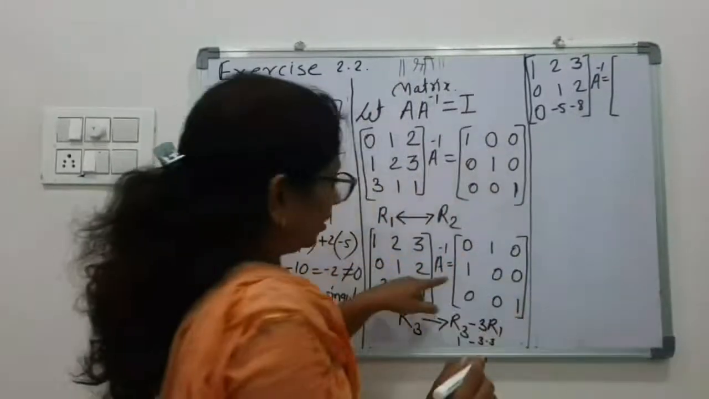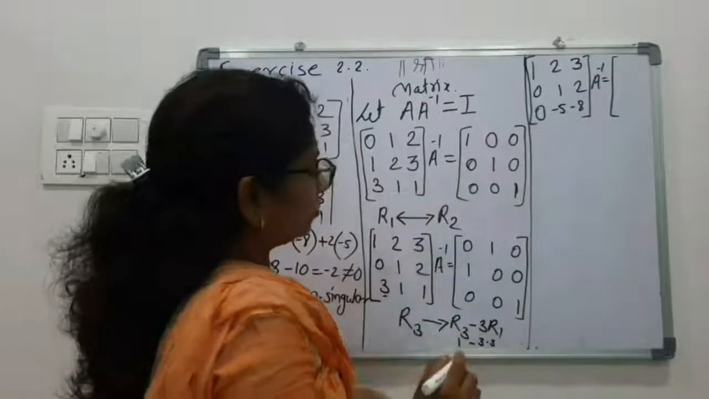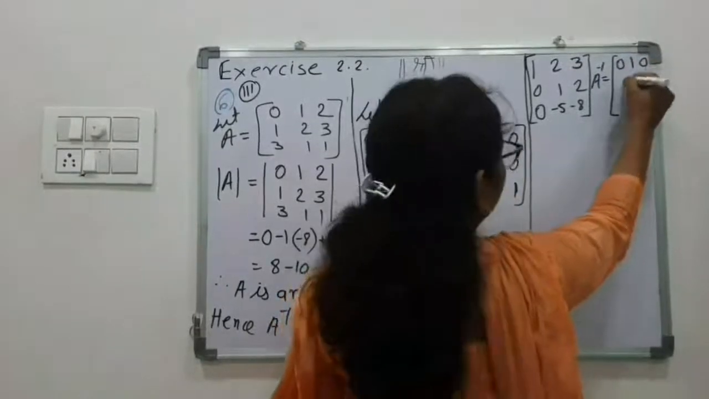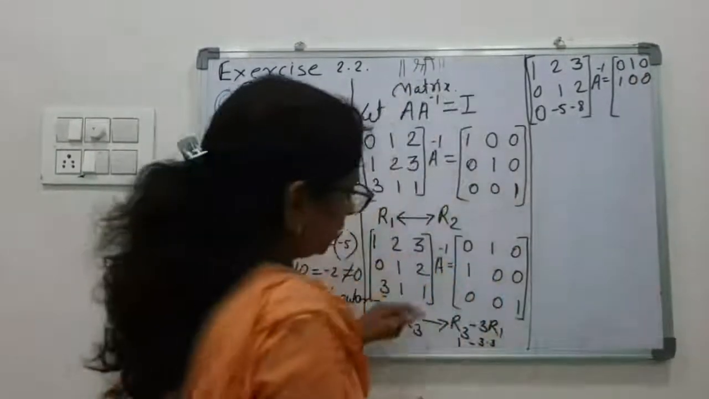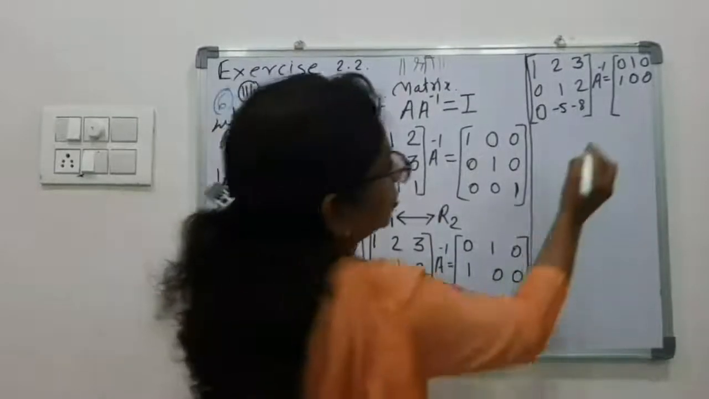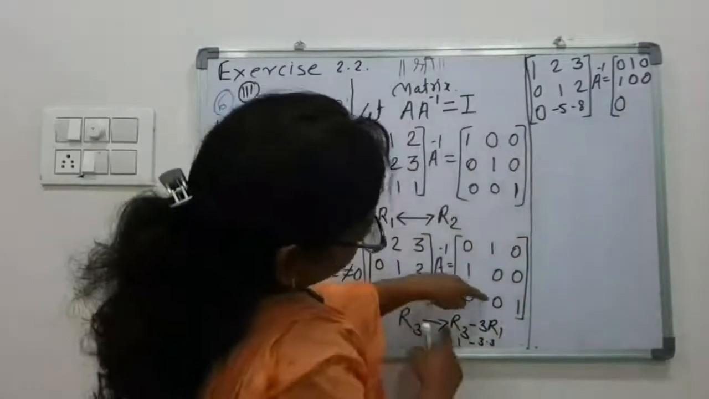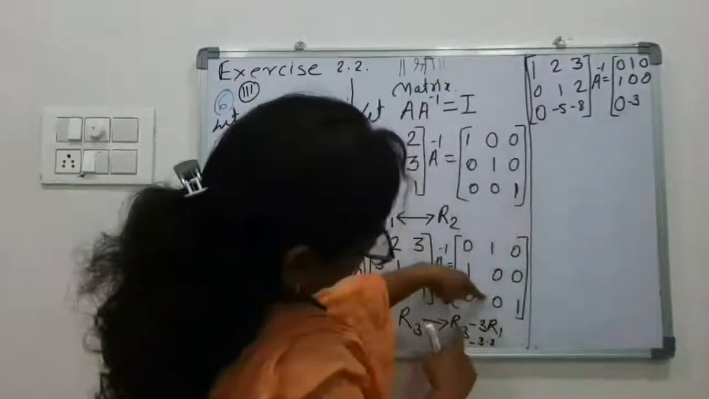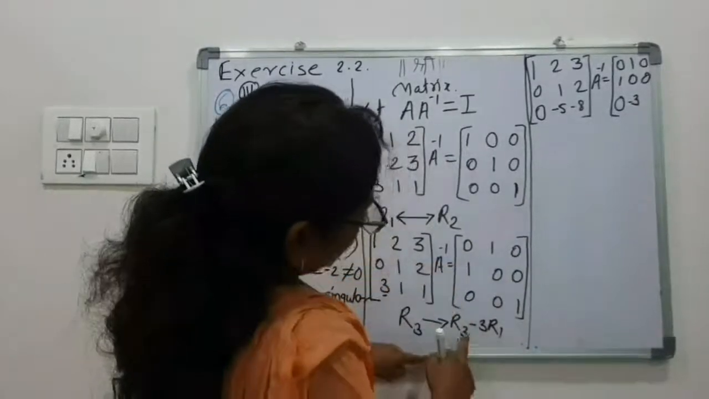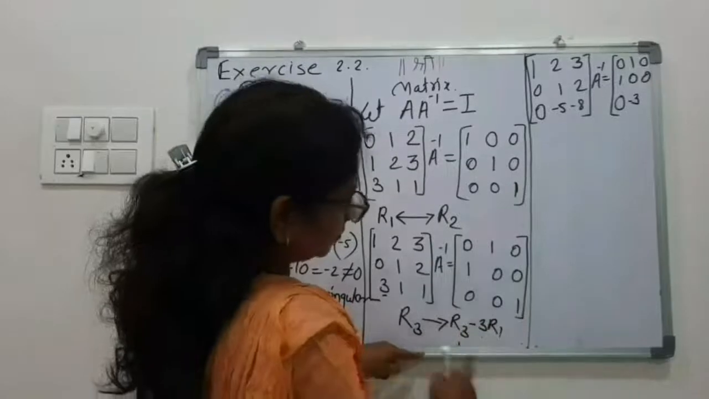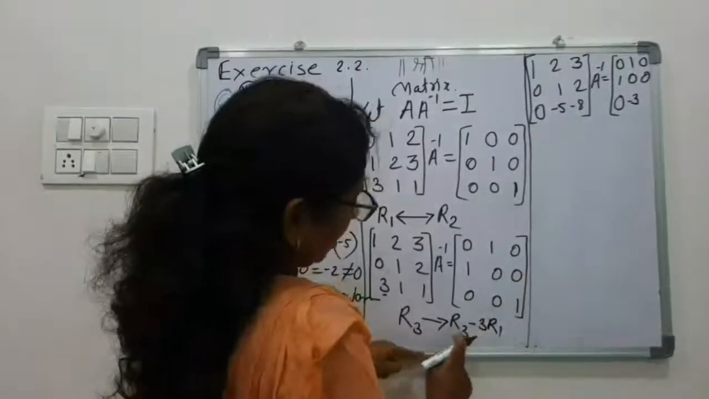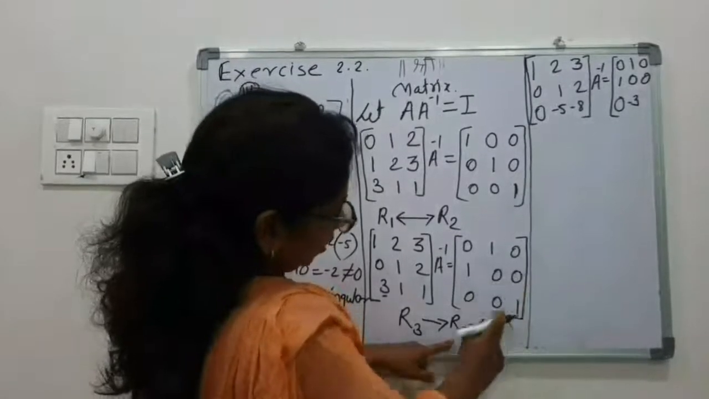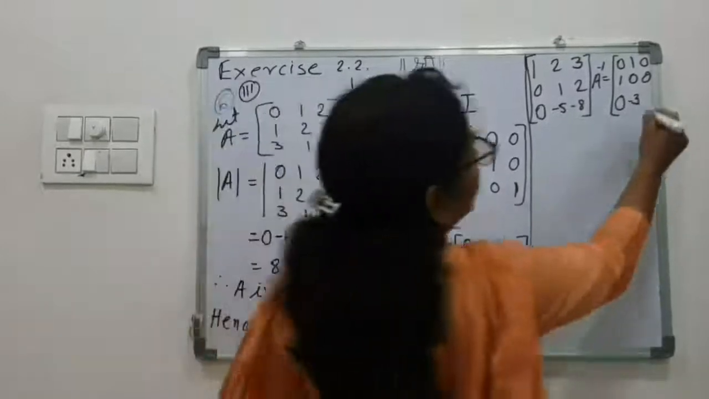Now on this matrix, again R1 and R2 we are not changing, so write them down as they are: 1, 0, 0. Now apply here: R3 is 0, R1 is 0, so 0 will be there. R3 is 0, R1 is 1, so minus 3 will be there, means 0 minus 3 into 1, so minus 3. Now for the third column, for the third row: 1 minus 3 into 0, that is